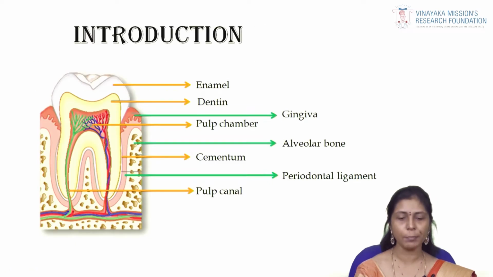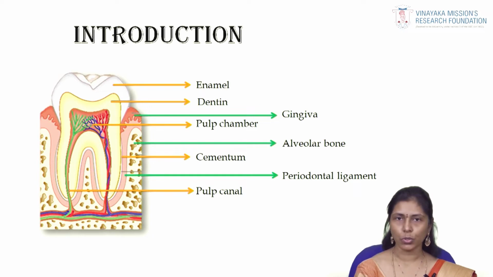Before going on to cementum, let's have a short recap on the parts of tooth. Here you can see the part of the tooth above the gingiva, you call it the crown. The part of the tooth that is within the gingiva is the root portion. The outermost covering of the crown is enamel. Inside the enamel is the structure dentin. The dentin extends from the crown till the tip of the root, whereas enamel extends only in the crown